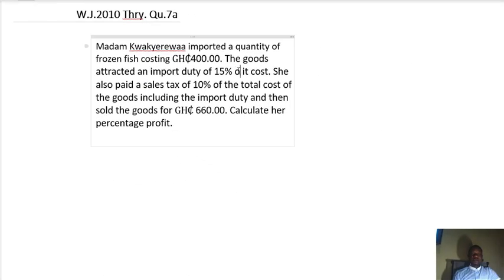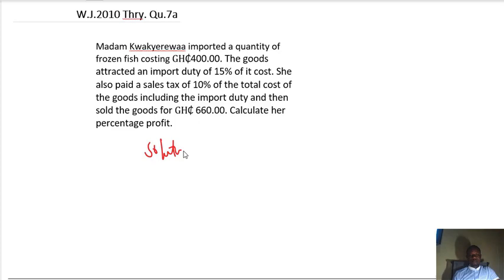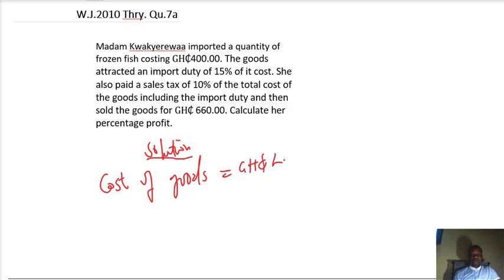So here we are going to calculate her profit percent. Okay, so this is what we are going to do. First of all, solution. Let's find the cost price. The cost of the goods is 400 Ghana cedi, and she sold the item, so the selling price